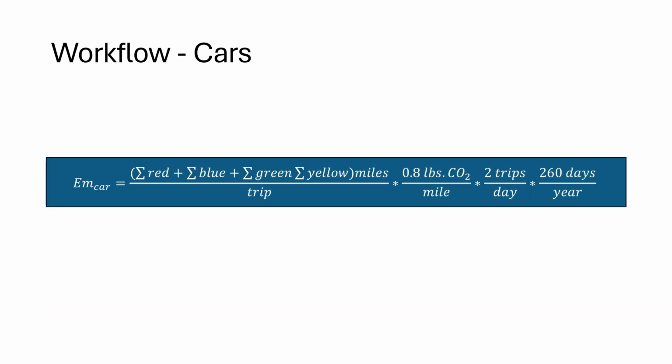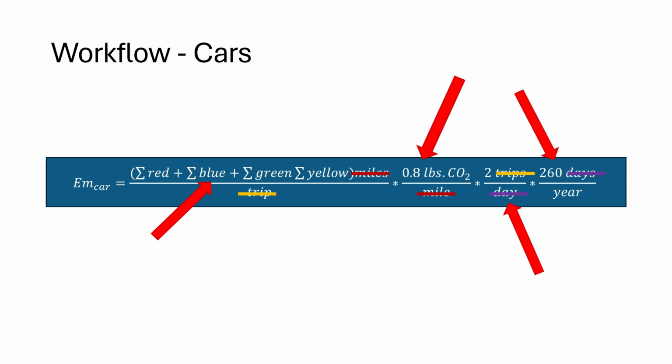Now let's go over how we will calculate the pounds of CO2 emitted per year by the workers' cars. First, we'll find the total sum of distance traveled by all workers in one trip, measured in miles. Then, we will multiply that by our estimate of 0.8 pounds of CO2 per mile traveled. Multiplying that by 2 trips per day and 260 days per year will give us the pounds of CO2 generated